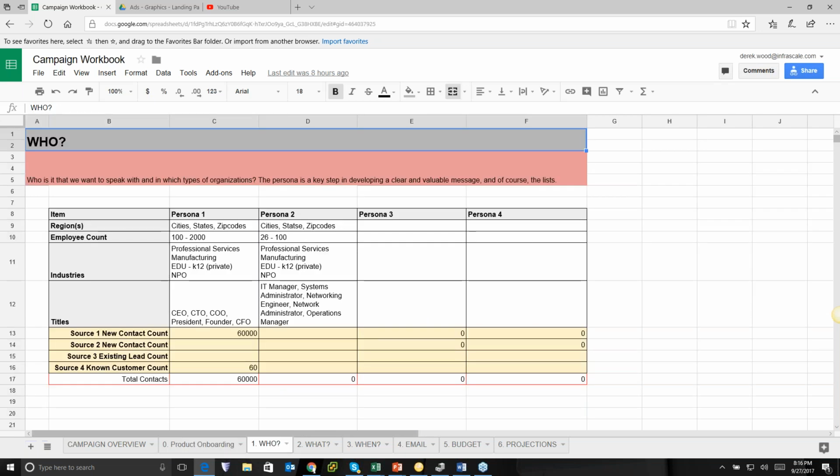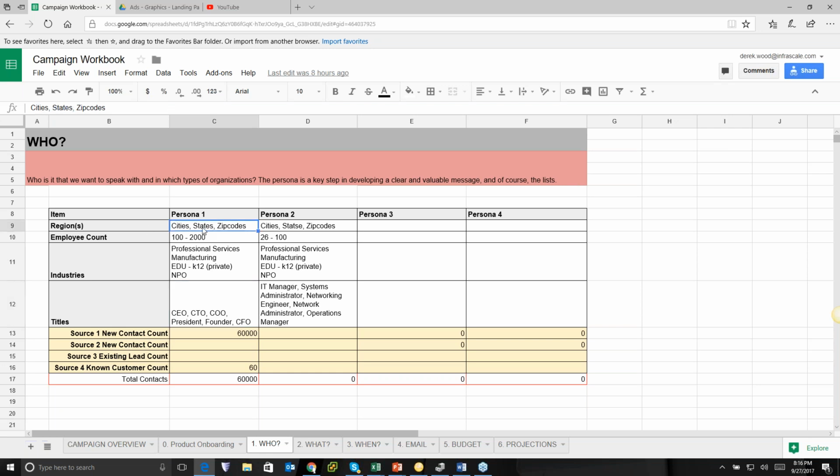Okay, so when we really start getting into a campaign, step 1 is to define who it is that we want to make money with. Who are the people and from which types of businesses. And this is a very helpful step, and it's really an absolutely critical step, because your messaging is going to be different if we're talking to the C-levels of a company versus talking to the mid-management or the guys on the ground doing some work. So you have to make sure that you understand who it is you're speaking to so that you can communicate a message that is going to resonate with their concerns. Again, always putting yourself in the customer's position and what is of value to them.